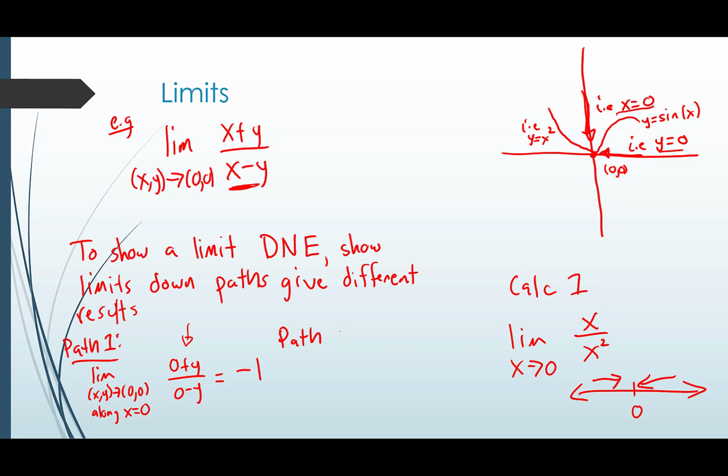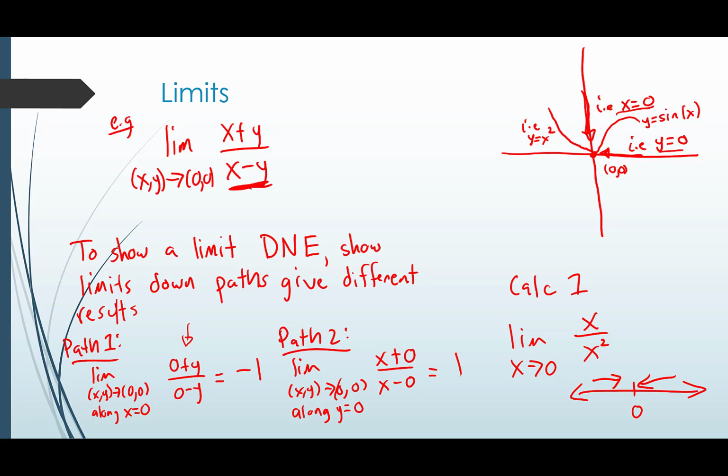Now what happens if we go along the x-axis, though? So if we take the limit as (x,y) approaches (0,0) along the x-axis, y is 0. What are we going to get? Well, if we think about our function again, going along the x-axis, we're really just left with (x plus 0) over (x minus 0), and then that'll give us positive 1. The x's will cancel out in this case.